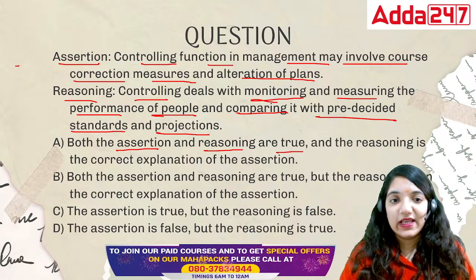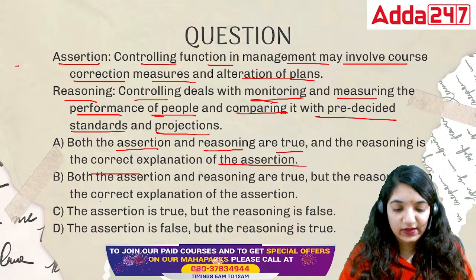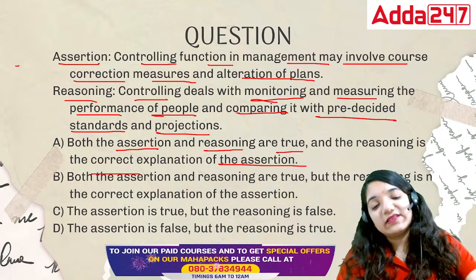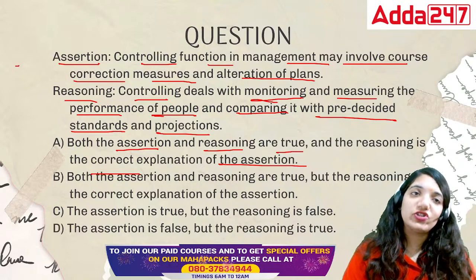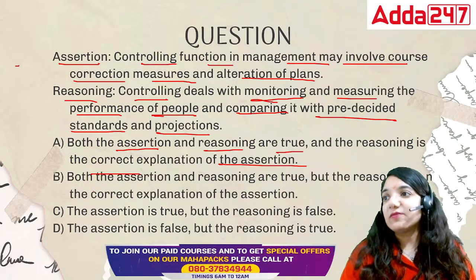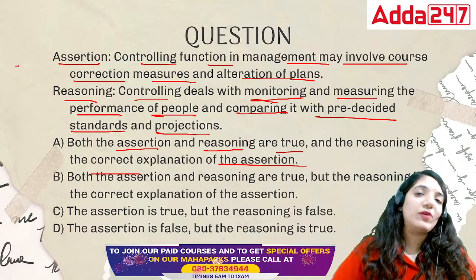The reasoning is the correct explanation of the assertion, right? So in this case, the correct answer would be A only. Both are correct. First of all, it is a correction measure because sometimes, when we talk about planning now,